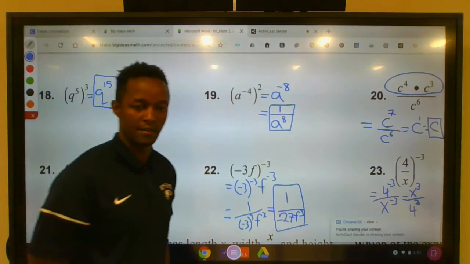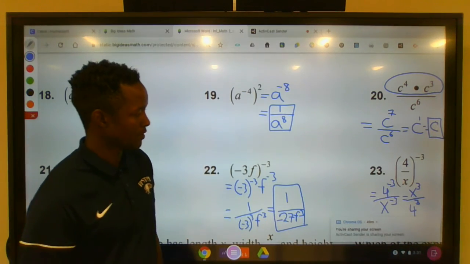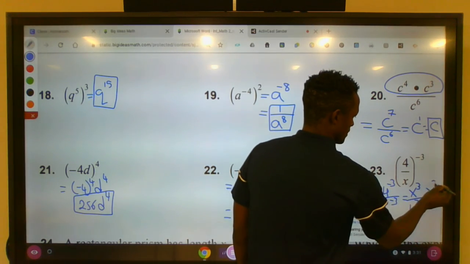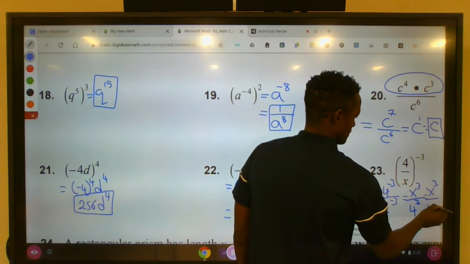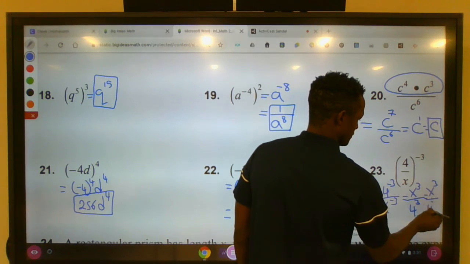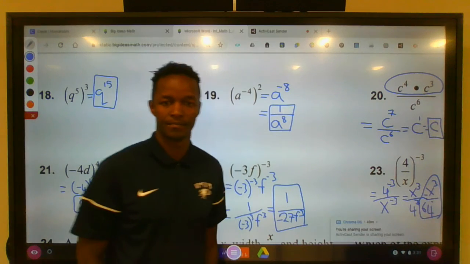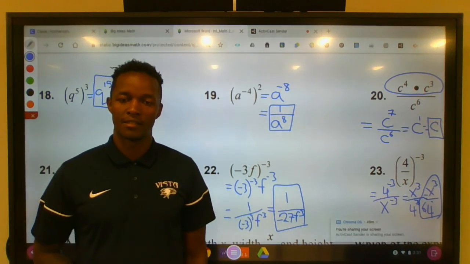Pretty much done. I could evaluate the 4 to the 3rd power, which gives you 64. Therefore, your final answer could look 64. Sorry, I still had 4 in my mind. All right. Check your answers with mine. If you have